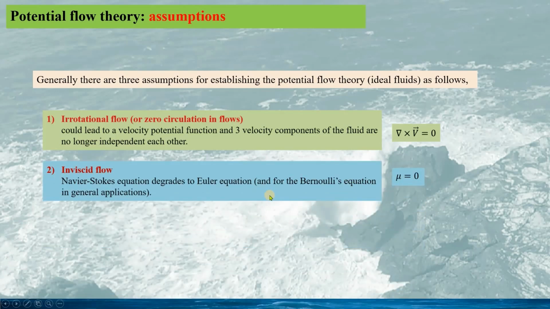The second assumption is that the flow is inviscid. This assumption is acceptable when the corresponding Reynolds number is very large, as we see in many practical flows. Here, we must note the difference between inviscid flow and inviscid fluid. A viscous fluid can also make an inviscid flow. For instance, in a uniform flow, the fluid can be viscous, but the flow itself is inviscid, since there is no viscous force in the flow.